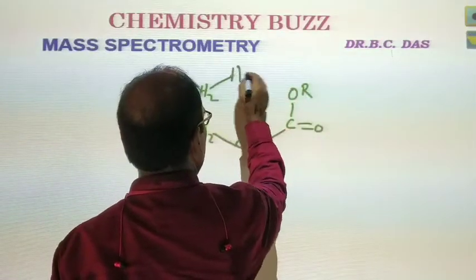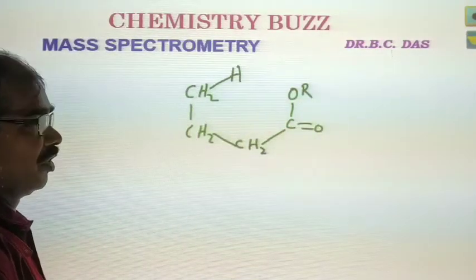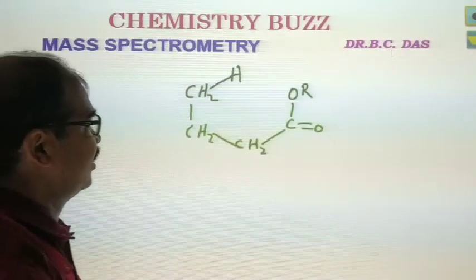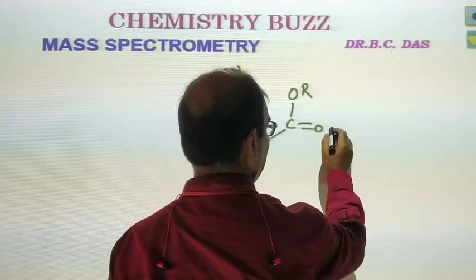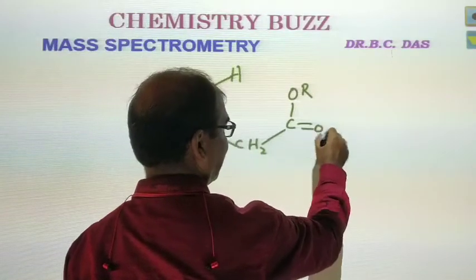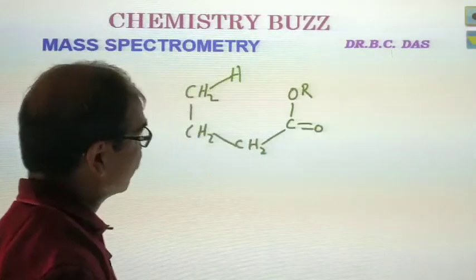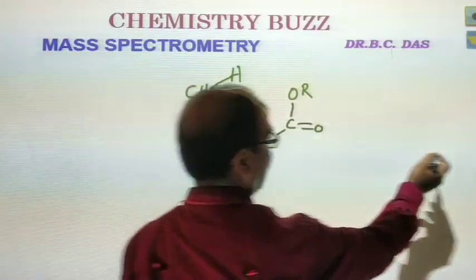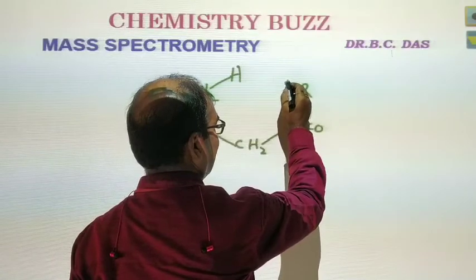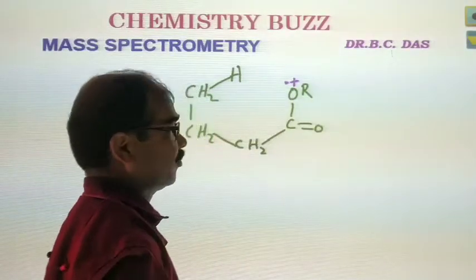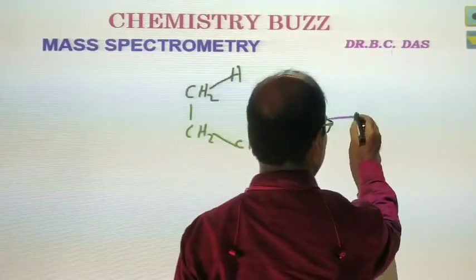Here we have written this step, and we have also seen this, but in the previous case we ionized this oxygen atom, whereas now we will ionize this other oxygen. As a result of this ionization,